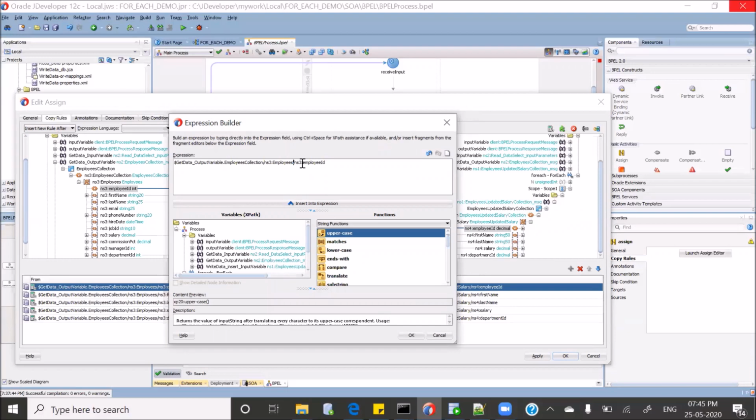The employees was the repeating element for us, right? So here I need to assign the counter value. What was the counter? If I go to the for each, this n you can see I have created as one counter. If I click over here, this $n is the counter variable. So let's use it.